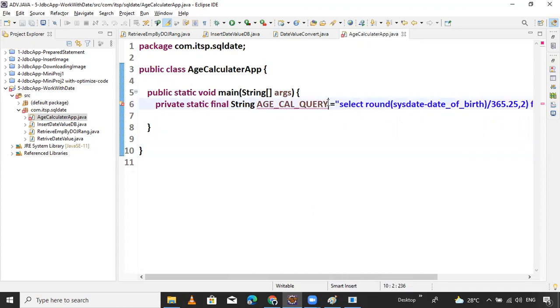Age calculate, I think, just change it. No, I think static shows an error. Final static SQL. Provide that SQL. What is the error? Illegal modifier for the parameter SQL. Only final is permitted. Just remove it.